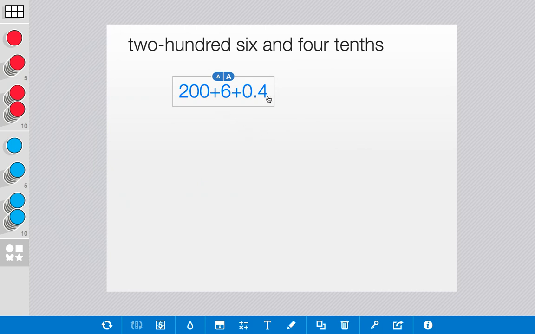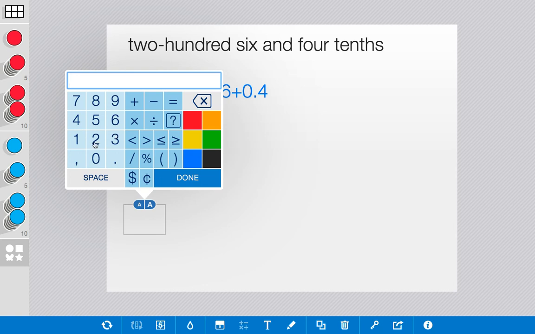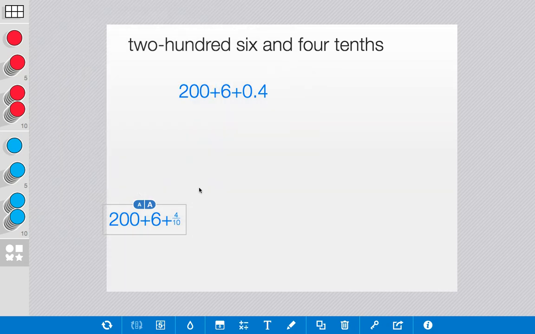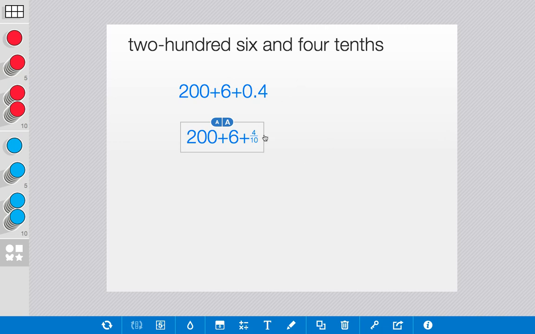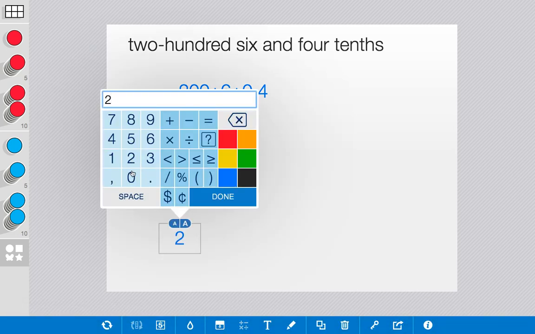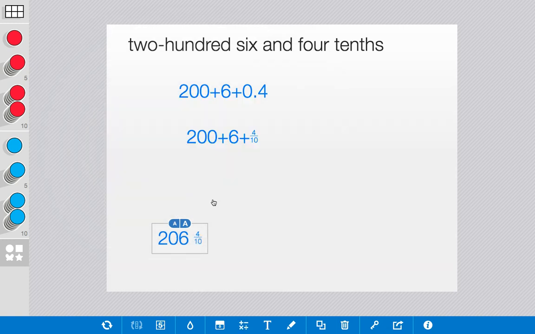206 plus 0.4. Now to look at it as a fraction, again, I'm going to show my calculator. 200 plus 6 plus 4 tenths. So again, if you wanted to see that with an expanded fraction, that's what that would look like. And again, how to write this as just a simple fraction, we write 206 and 4 tenths. So voila. So we have word form, expanded decimal, expanded